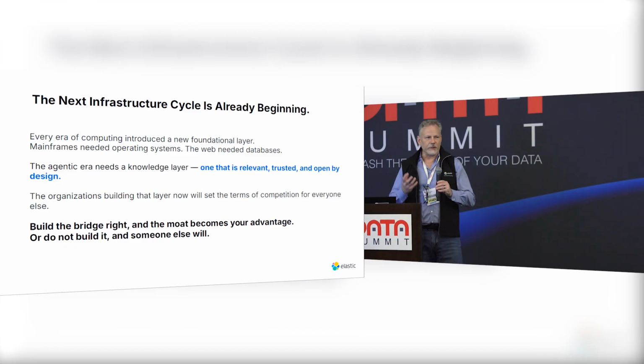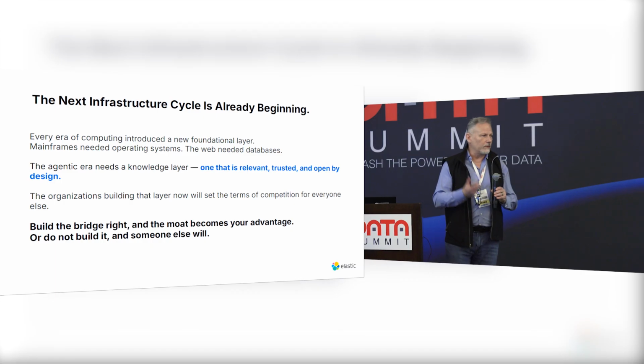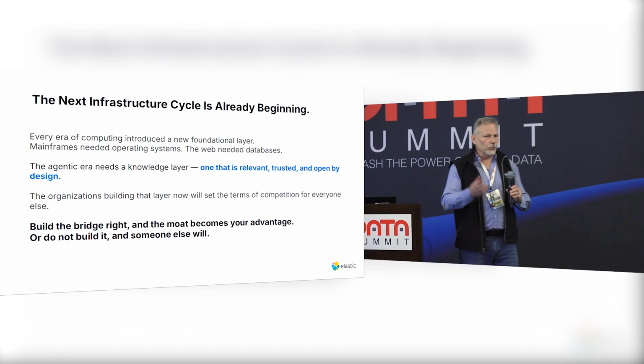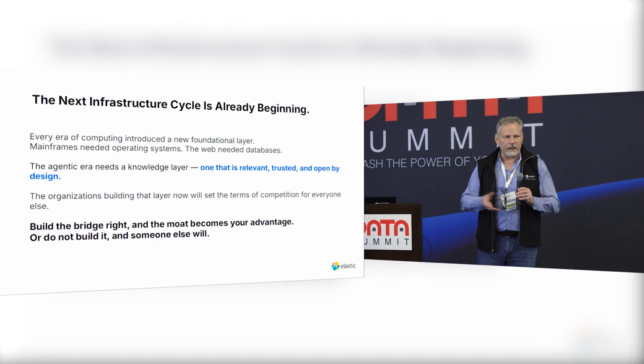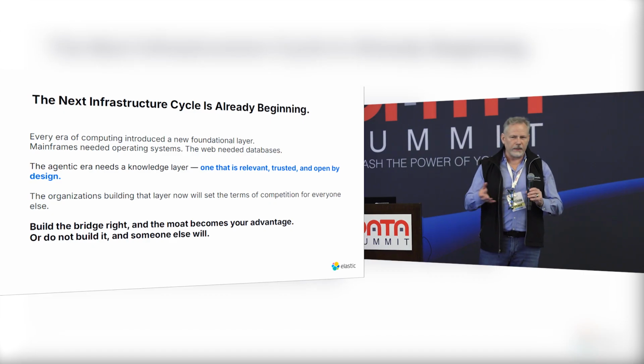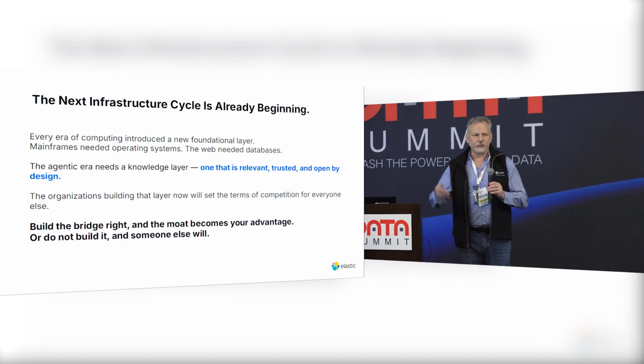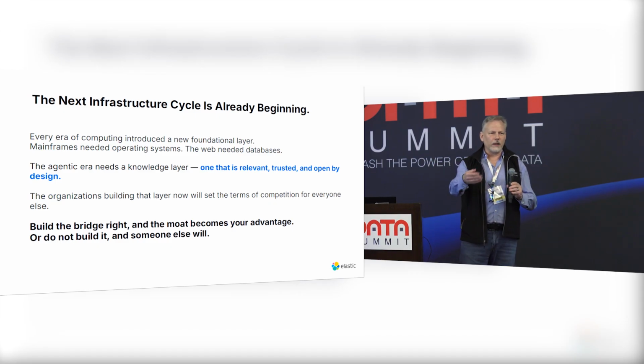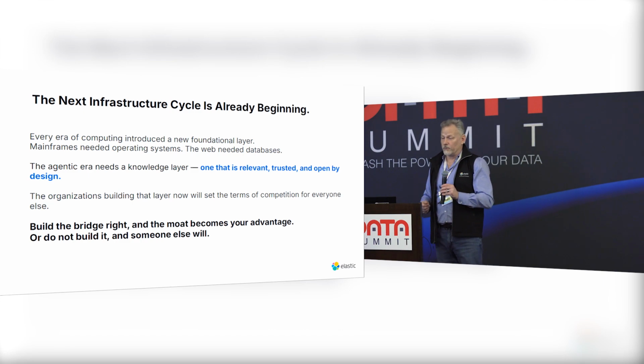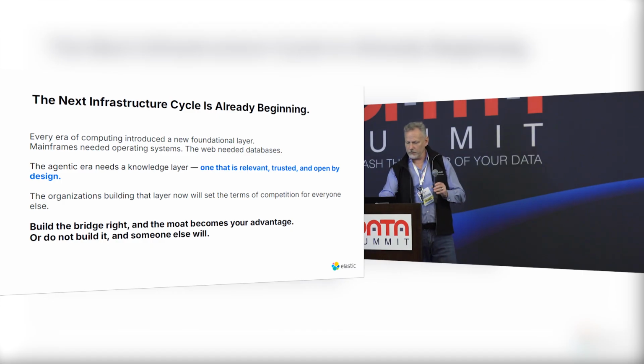So building that bridge, that retrieval layer, is going to be your element to make sure that you have a pattern and a framework to prepare that data so it's consumable, not just for people, but for yourself and for machines and agents, delivering that natural language approach, gathering intelligence, and delivering information and insights to the agent so it can help determine things quickly for you. Build this right and build it today. All these things are actually available today.